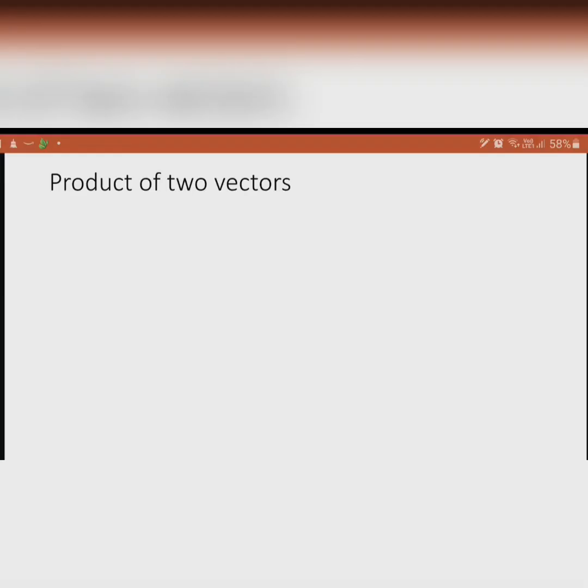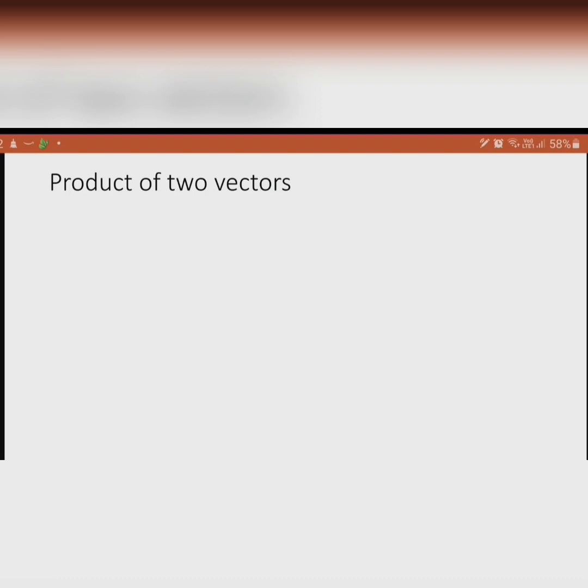We have studied how to add two vectors, like vector addition. And there is nothing as such about vector subtraction. When we add a negative of one vector to another, that would be subtraction. Now, if addition of vectors is not simple, then obviously the product is also different from scalar, the way we do for scalars.